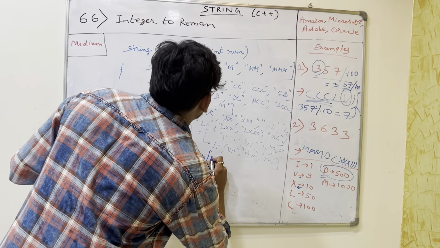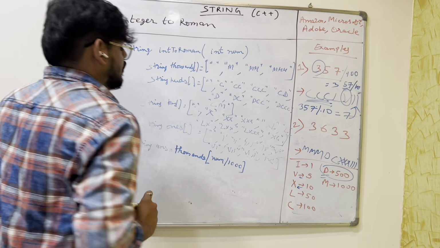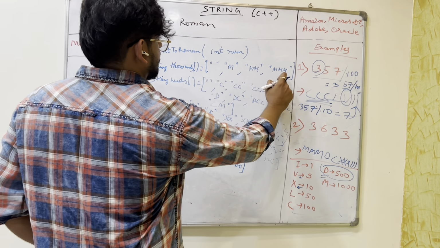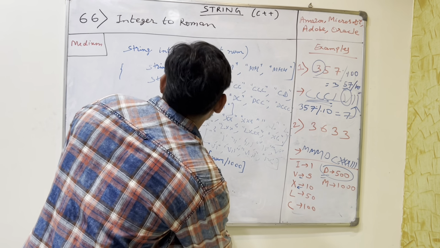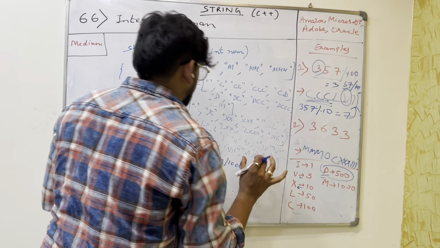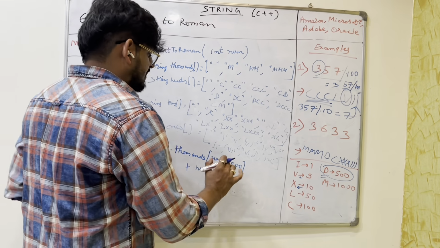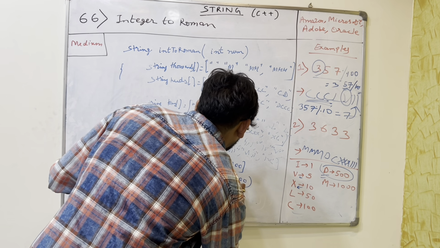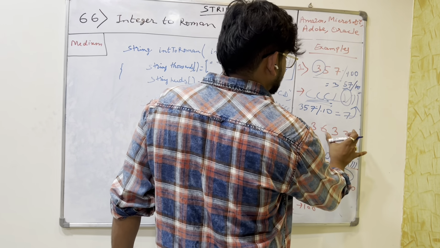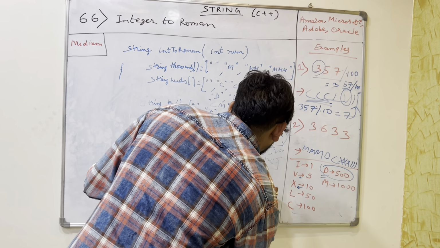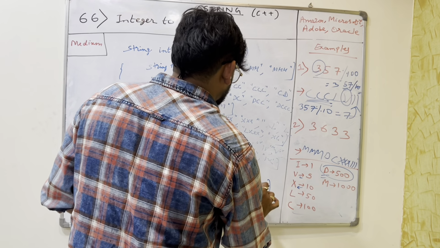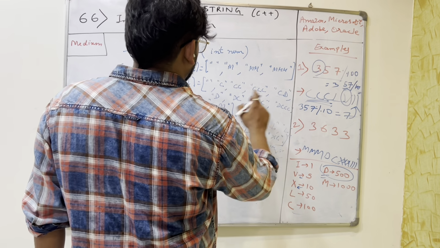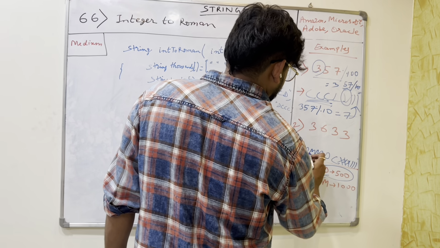Inside the thousands we do num divided by 1000. We'll get, like in this one, num divided by 1000 is 3, right? So thousands of 3 is 0, 1, 2, 3. So this MMM will come. Now to get the hundreds, we have got this thousands. Now if we do a mod of this, then we'll get the next values, right? So num mod of 1000, 3633 mod 1000 will give the rest of the values, 633, and then divide it by 100. So when we divide 633 by 100, we get 6. So hundreds of 6, 0, 1, 2, 3, 4, 5, 6, DC will come, right? Like this, DC,